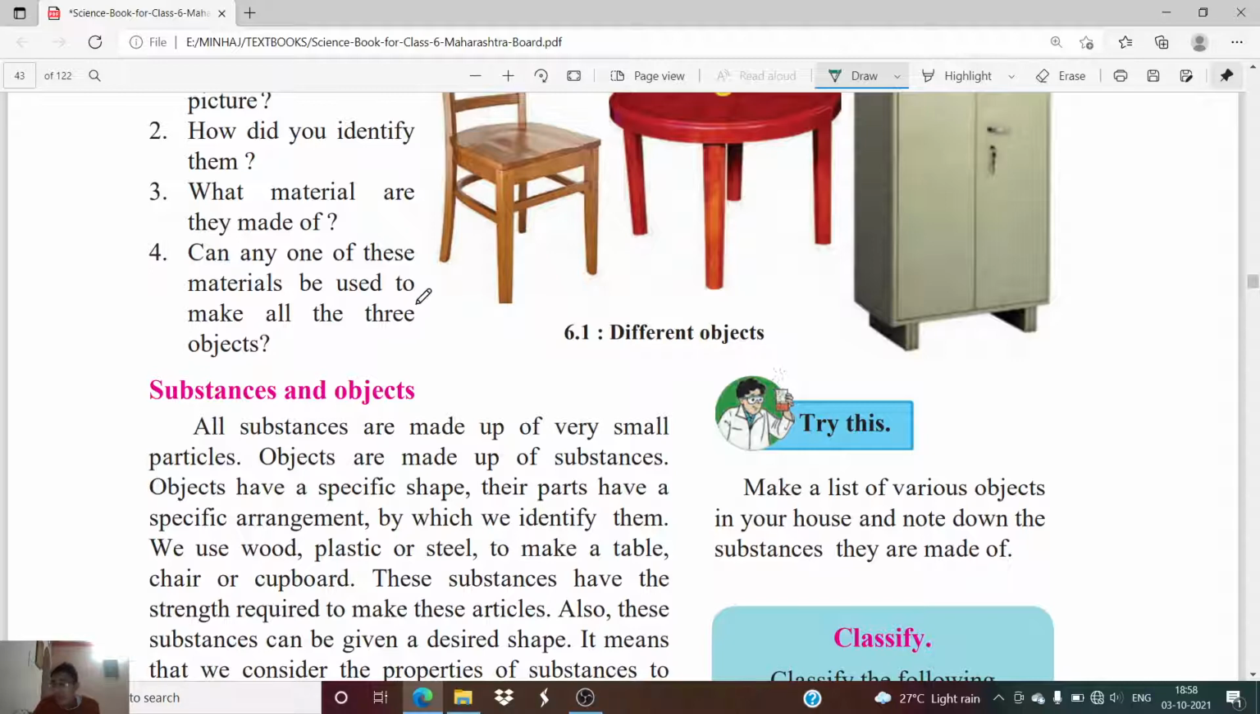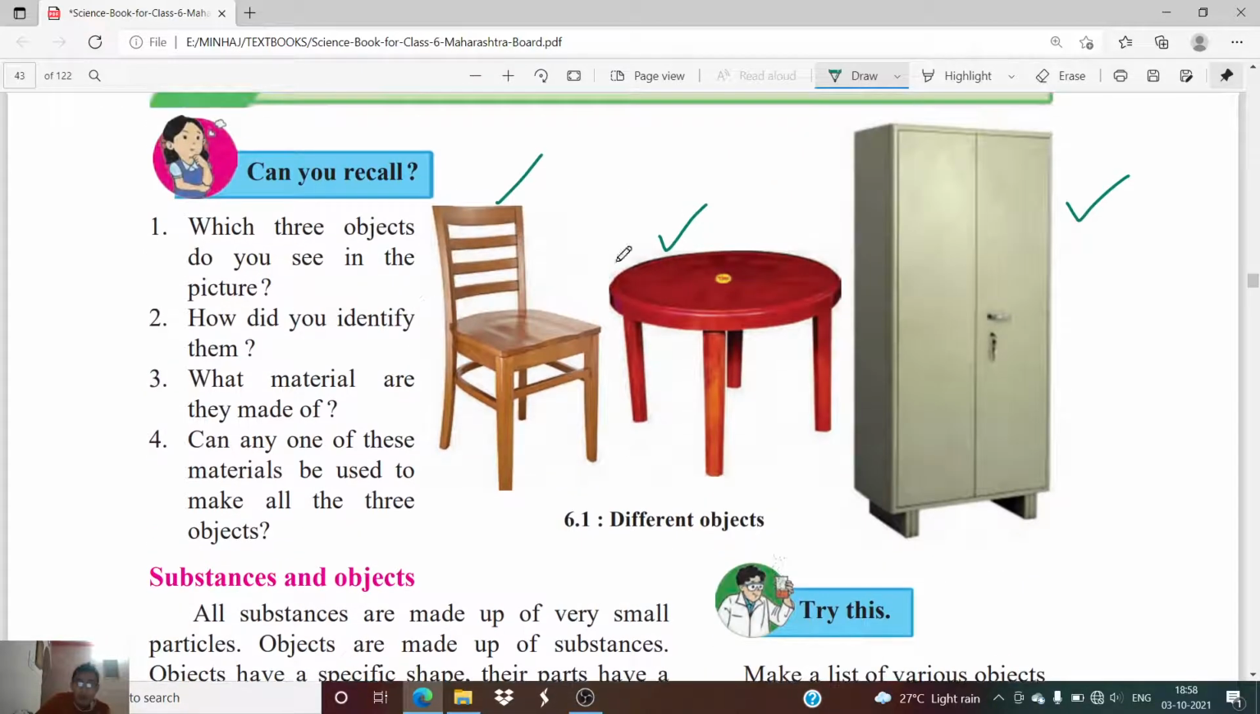Now consider a plastic cupboard, or take the example of this particular table. This is the plastic table. Now we cannot use this plastic table to sit. As we can see, these legs are not strongly joined with the table head, or the table